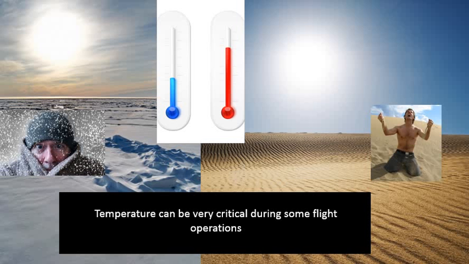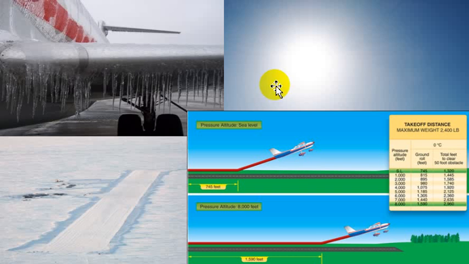We talked about temperature being very critical, and throughout this part of the video series, I showed you why temperature is critical. We don't want ice on our wings. We don't want ice on our runways. If we do have snow and ice on our runways, we want them plowed before we land airplanes on them. If we have very hot or high temperatures, we're going to need